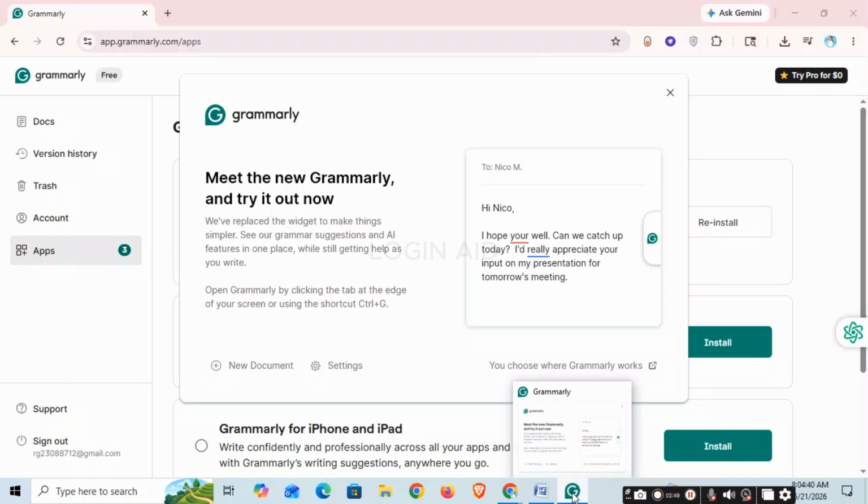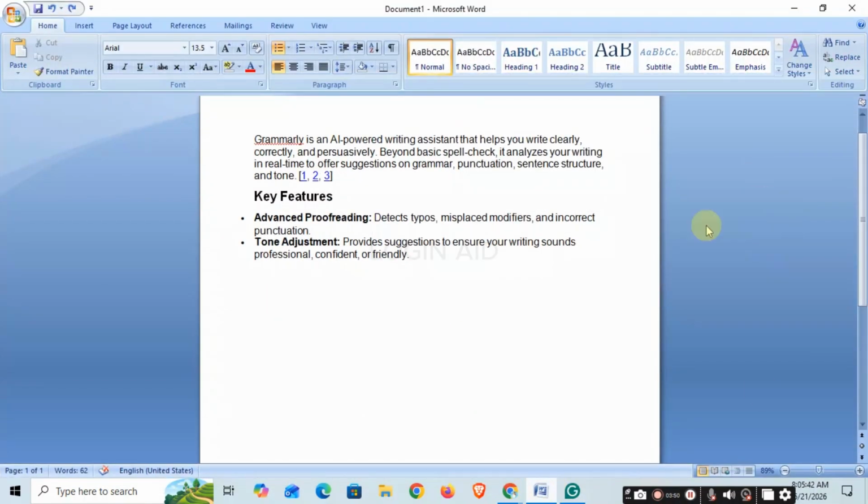Now you'll be able to directly use Grammarly in Microsoft Word. Simply open Microsoft Word on your device. Now after that, you should be able to see the sidebar of Grammarly over here, and you should be able to use Grammarly on Microsoft Word. So that is how you use